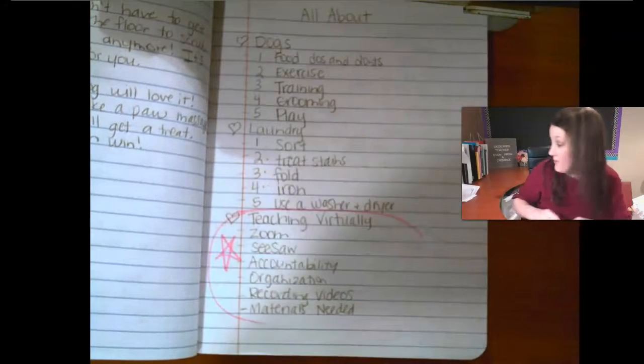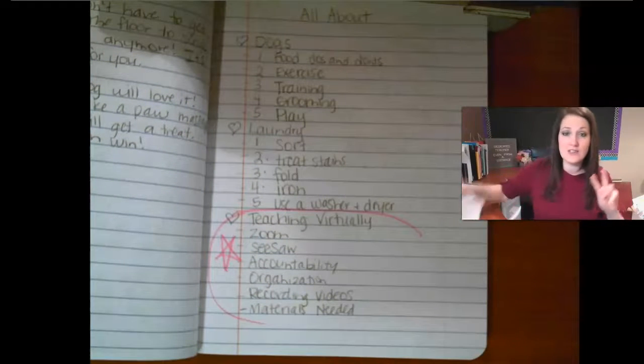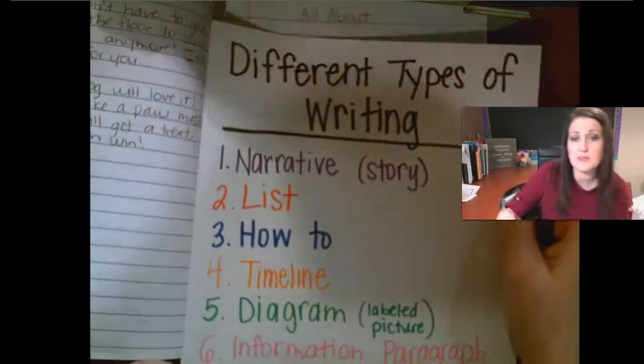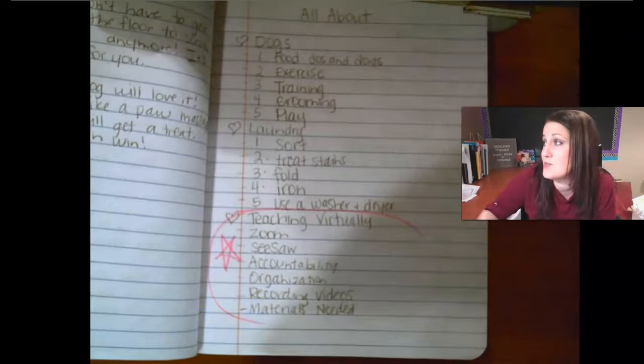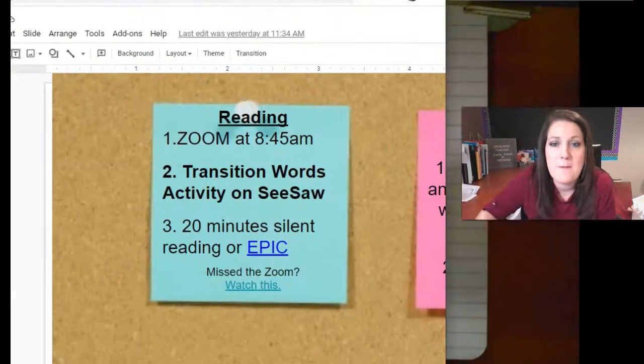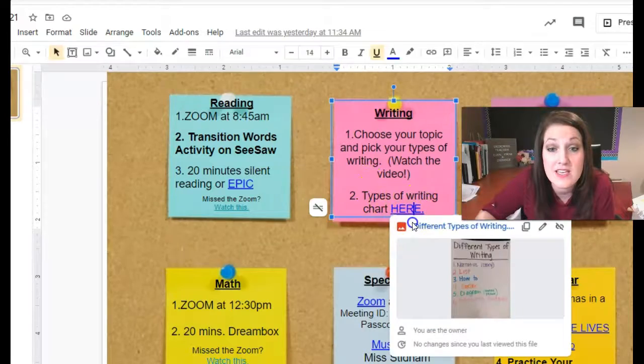Okay, now what I need to do, I said step 2 was to decide the different types of writing, which one's going to be for which. But Miss Yankee, when I do this on my own, I don't remember the different types of writing. Well, you're in luck because on the post-it for today, it says choose your topic. That's this video. Types of writing chart is here. And if you click on that,